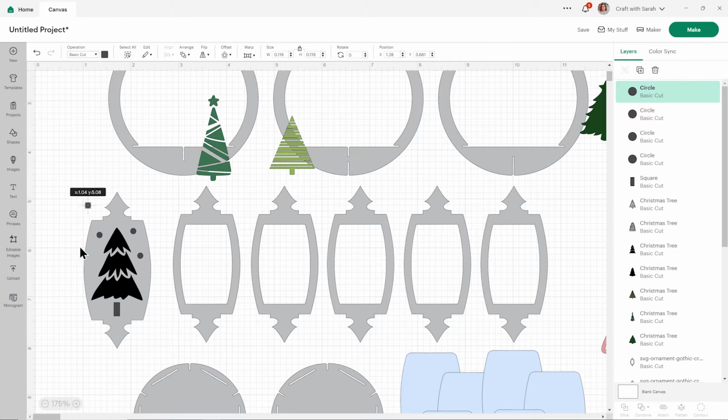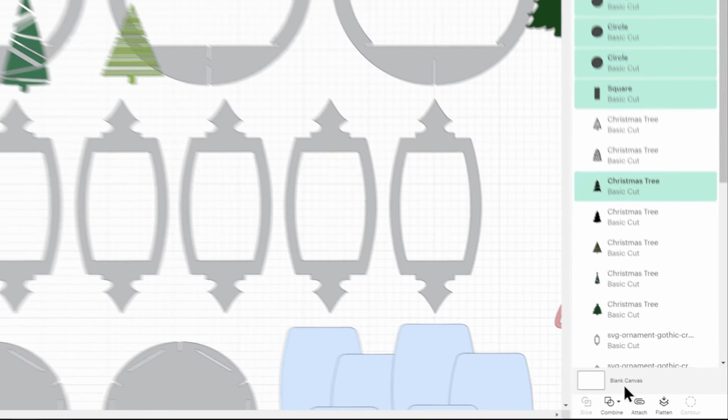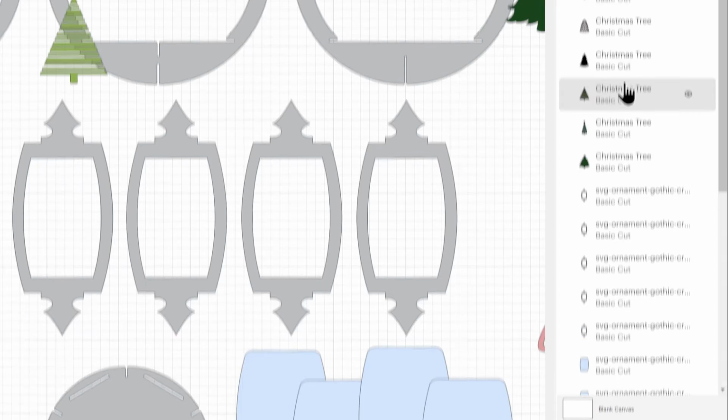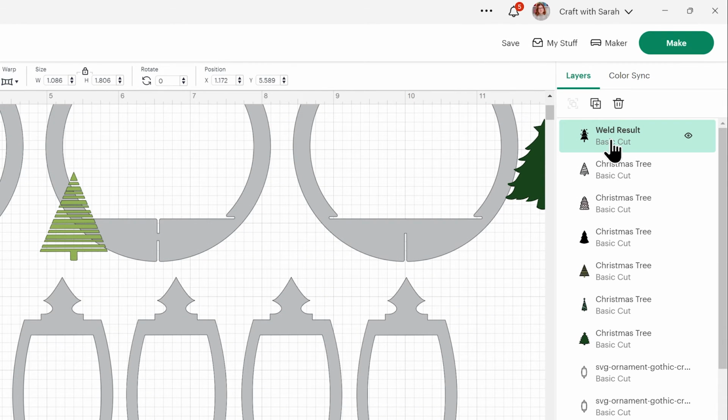You could add snowflake images or anything you want in here. When you've finished adding the decorations, you need to click one of them in the Layers panel, press Shift on your keyboard, and then choose all the other little pictures that you've put in there. And now I've got them all selected. I can go Combine and Weld to join them into one layer. So they've now all changed to one colour and one layer.